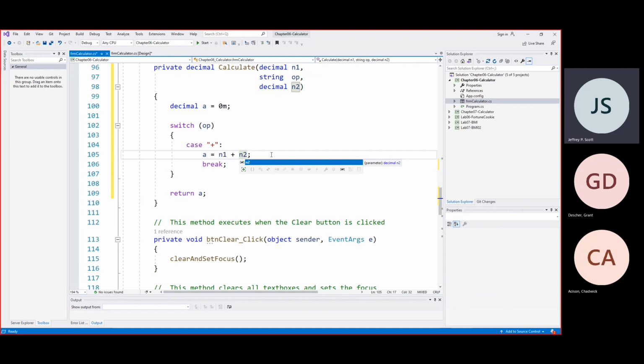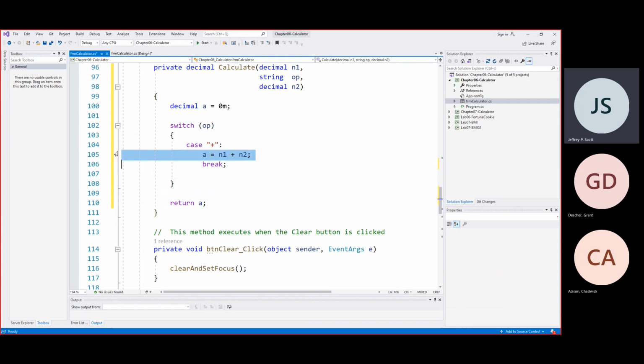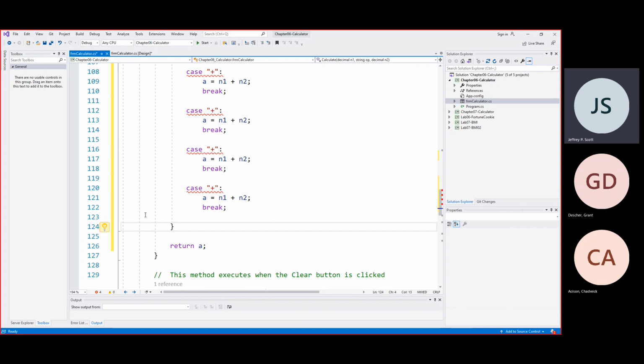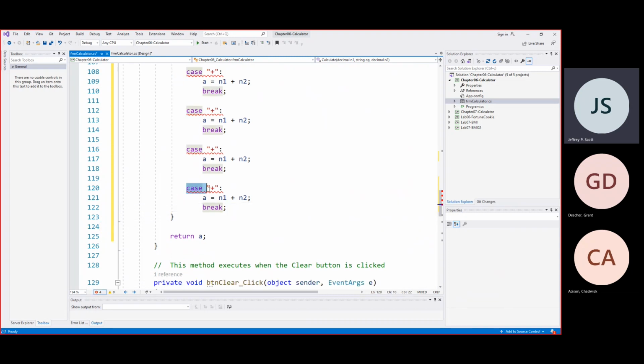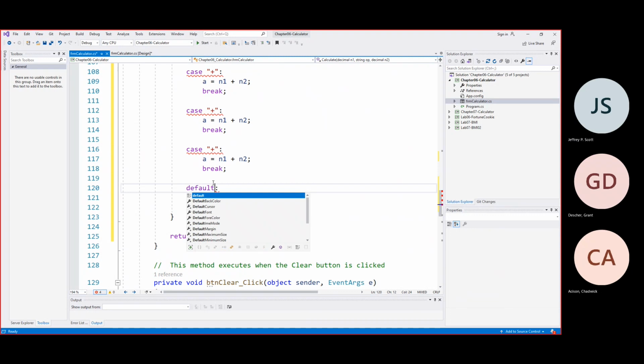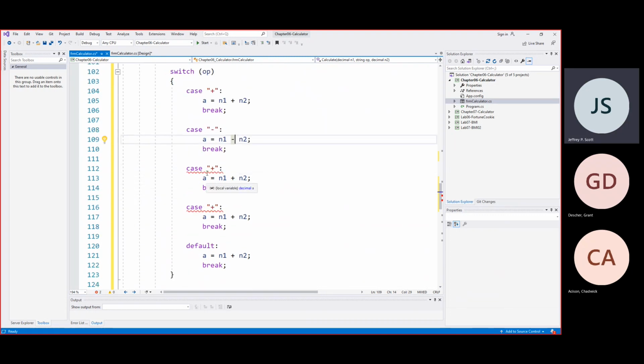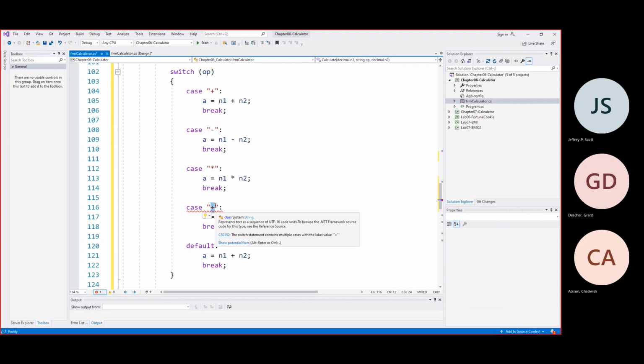So now that works. So now I've got my pluses, and what I'm going to do is hit enter here, and I'm just going to copy this in. I'm going to actually put it in there 5 times. The last time is going to have the word default there. But all the other ones, I just have to change the sign now. So plus, minus, and minus, multiply, and multiply, divide,